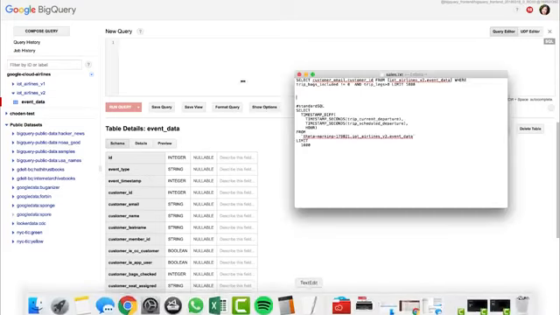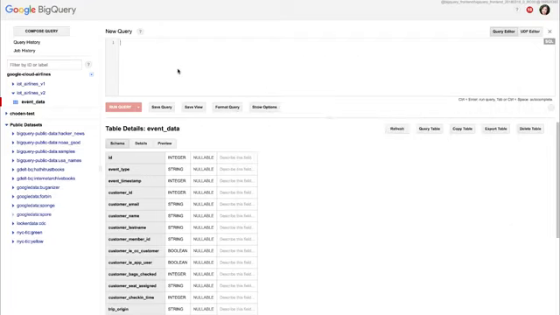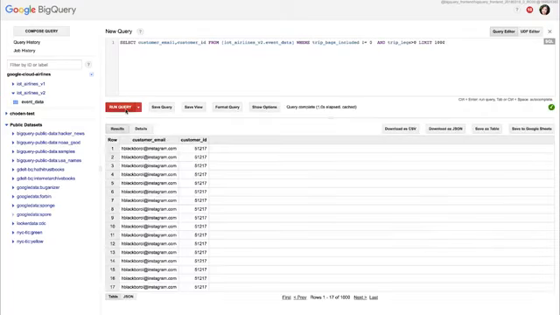So let's go ahead and open this. I have my example query here. And you just input it directly into this query box here and run the query. We are selecting customer email ID from this data set and table event_data. And we're looking for customers who have more than one bag, and the trip leg is more than one. And you can see here, this is just fake generated data, but in a real case scenario, we might have a different list of customers and their IDs so that we can immediately email them and offer them another service.